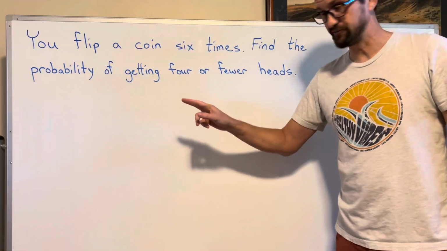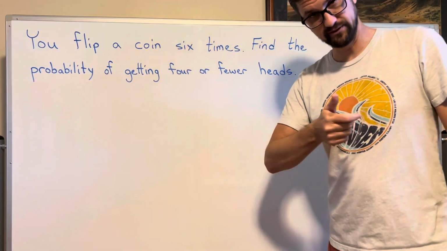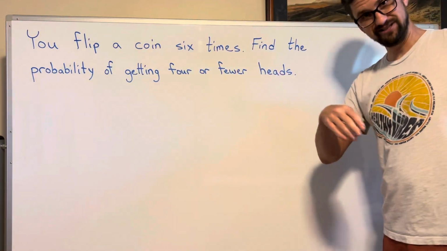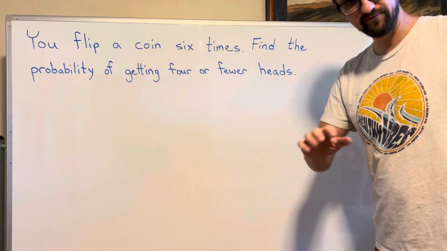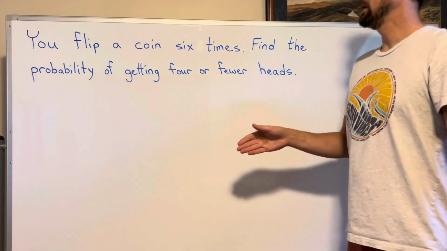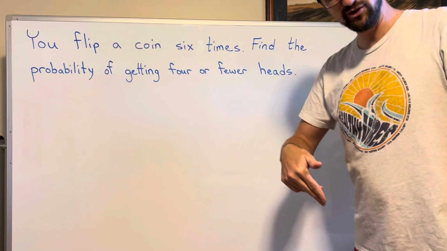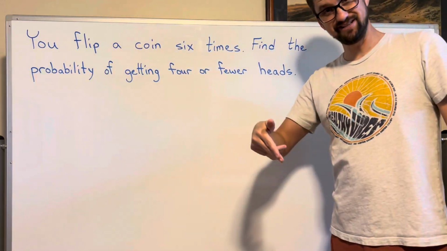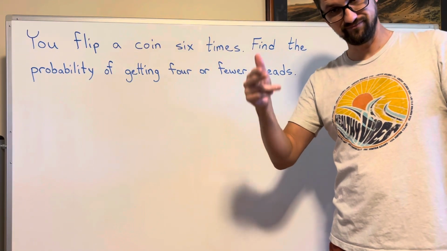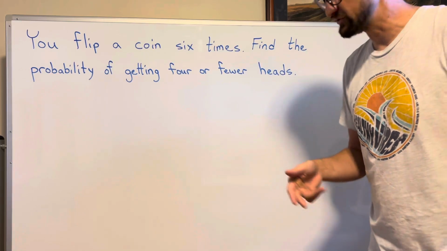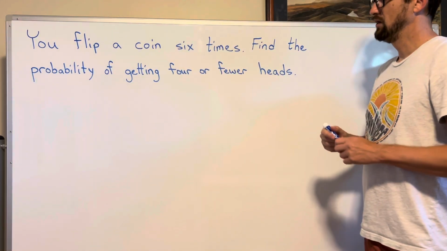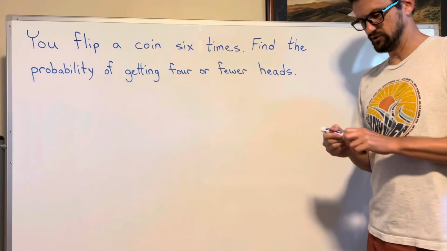The number of trials is fixed, 6 flips. Each trial is independent, each flip is independent from the other flips. You either get a success, a head, or a failure, a tails. And the probability of success, of getting a head each time, is 50%. All right, so once you realize it's a binomial distribution,